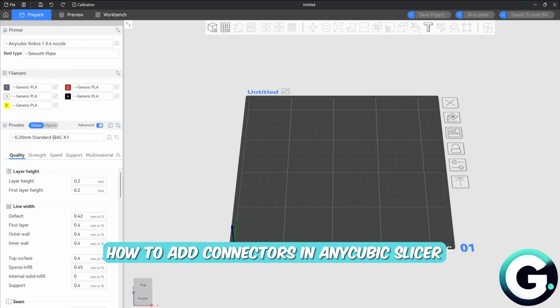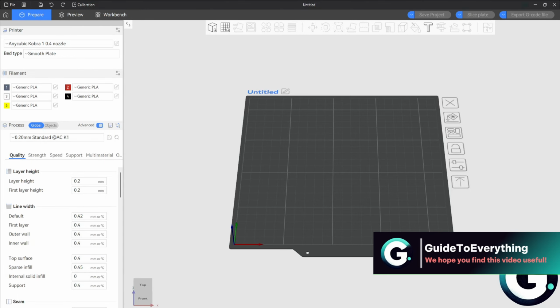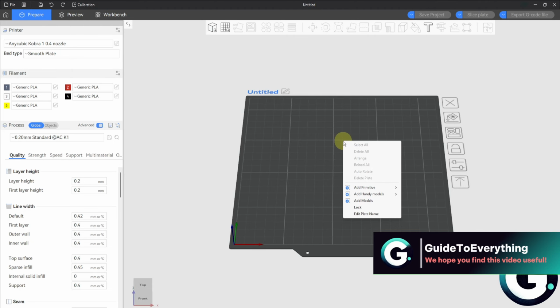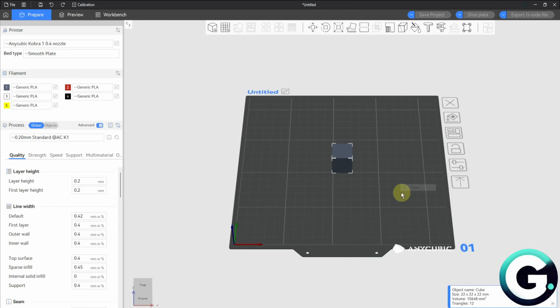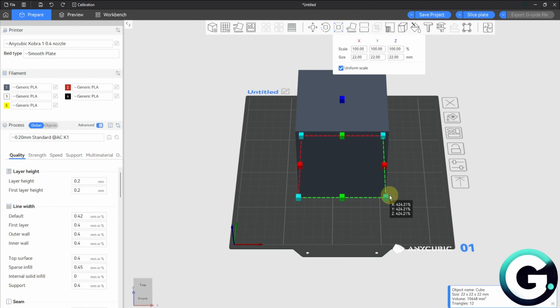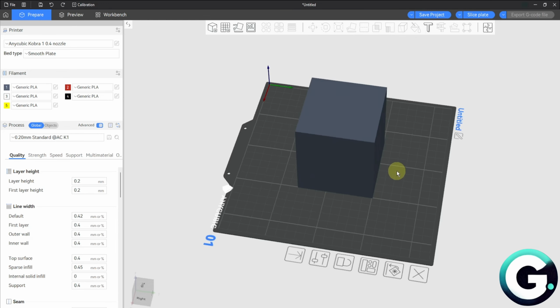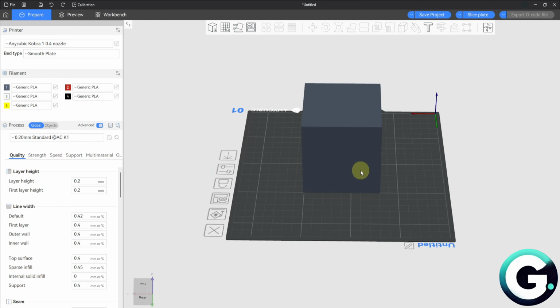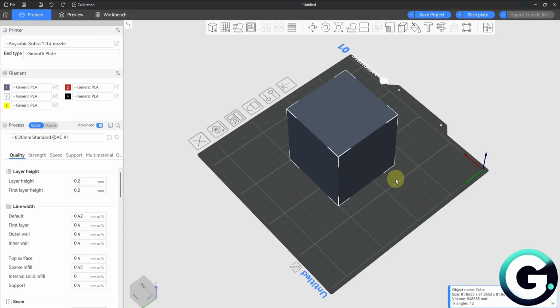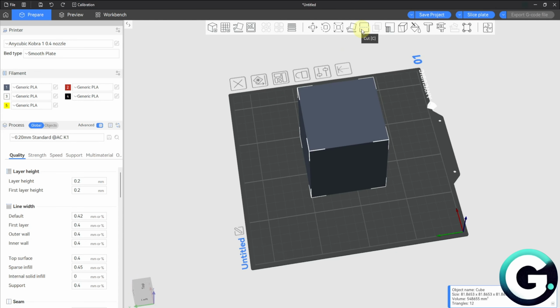In today's video, I'm going to show you how you can add connectors in Anycubic slicer. Now, to get started, I'm going to add a primitive shape. It's going to be a cube. And of course, you want to simply use the cut function on your Anycubic slicer. So click on your model that you want to apply connectors onto, and then we are going to use the